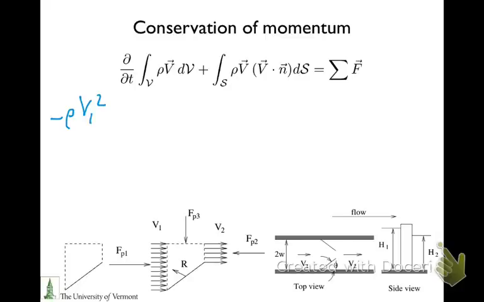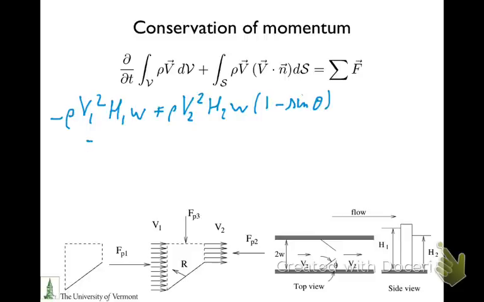So why is there a minus? Because the velocity and the normal are in opposite directions. So minus rho V1 squared times the surface area, which is H1 W, plus, now in section 2, velocity and normal are in the same direction, so we have plus rho V2 squared H2 W, and again that (1 minus sine theta),